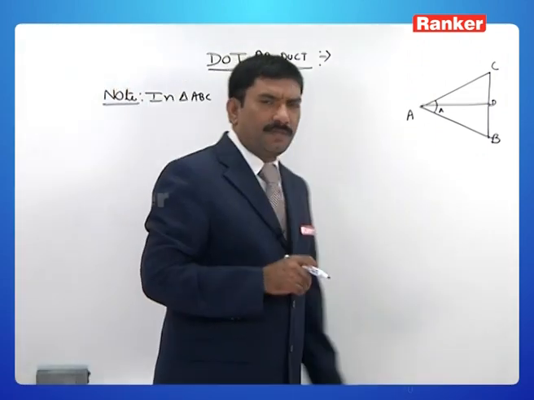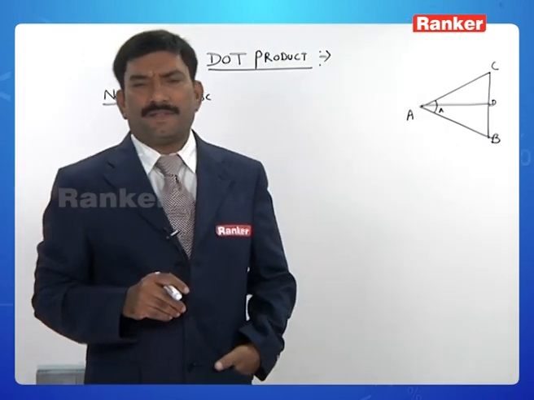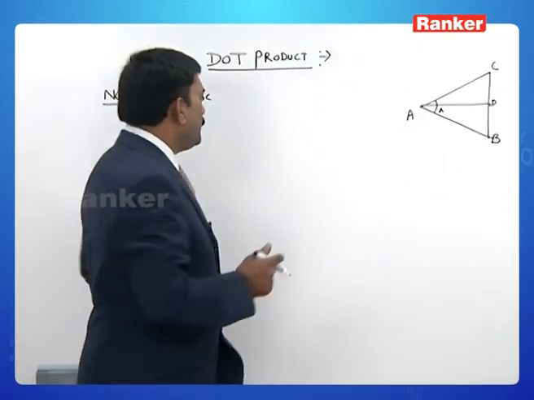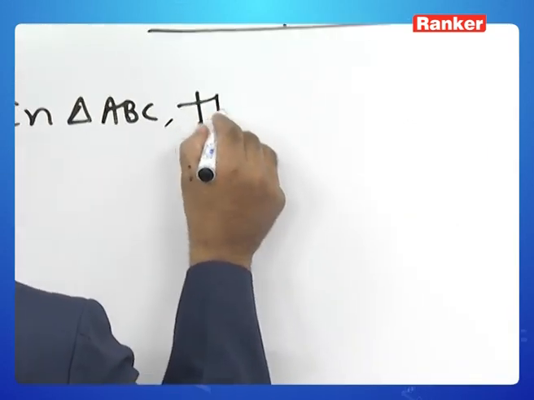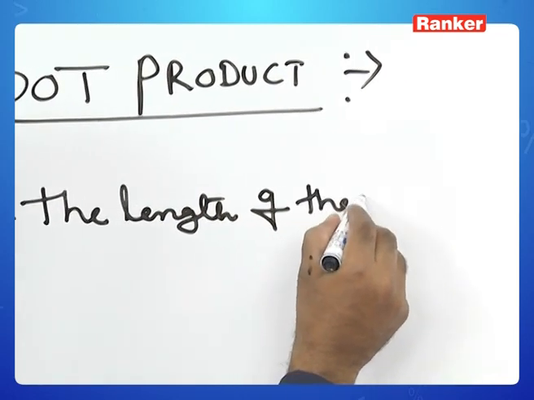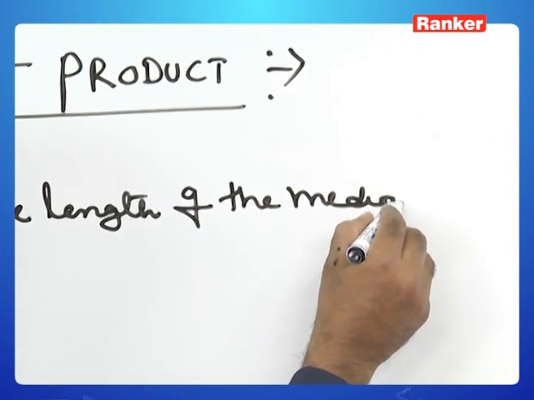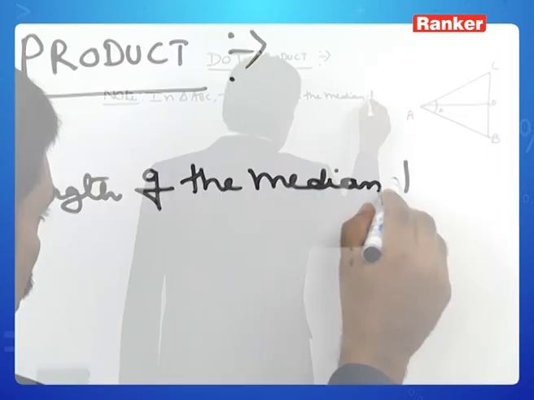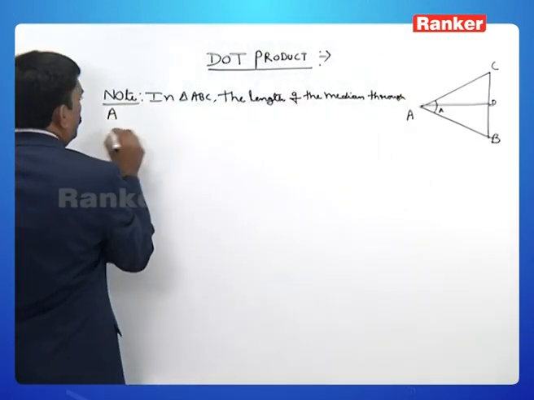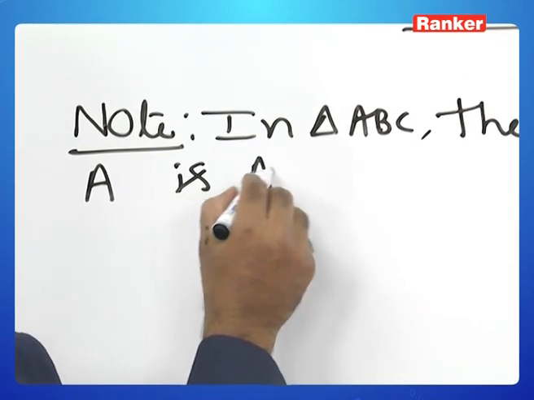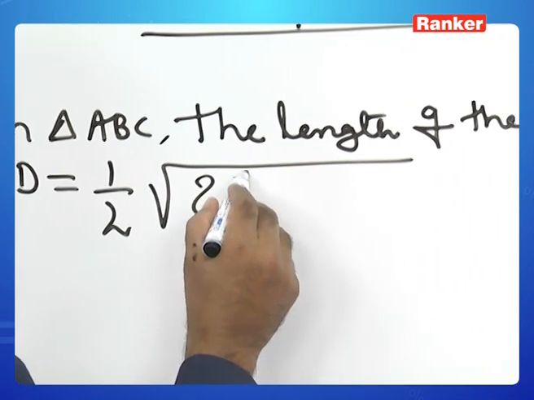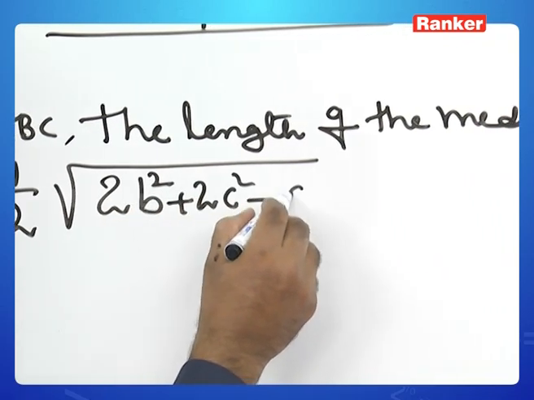In a triangle ABC, students, let us discuss the lengths of the medians through A, through B, through C. In a triangle ABC, the length of the median through A is AD equal to half into square root of 2b square plus 2c square minus a square,